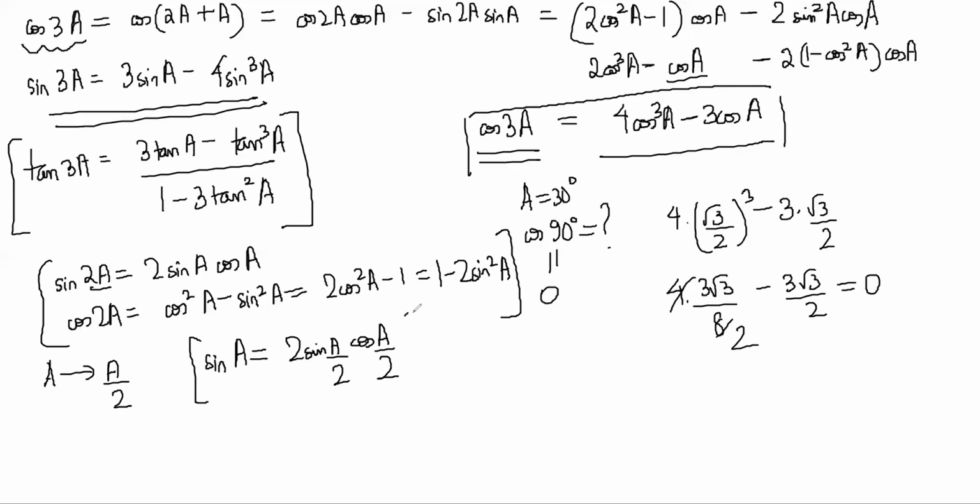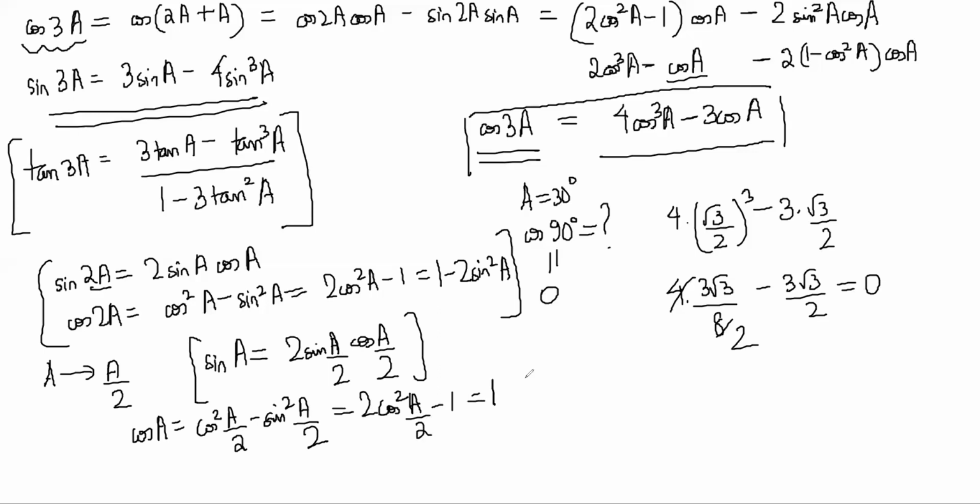So this is a way to write sin A in terms of sin A by 2 and cos A by 2. Sin A is double of A by 2, so it is the double angle formula with the angle being A by 2. Similarly, cos A becomes cos square A by 2 minus sin square A by 2, which is 2 cos square A by 2 minus 1, or 1 minus 2 sin square A by 2, right?